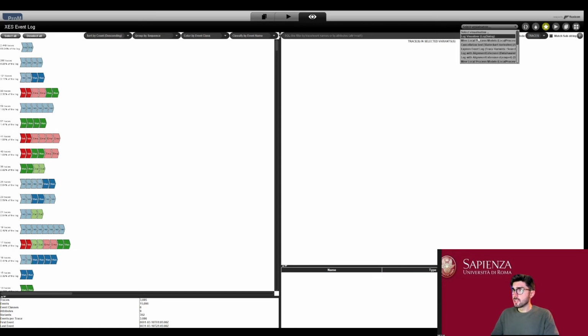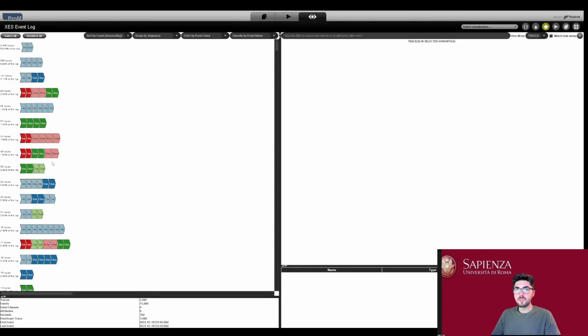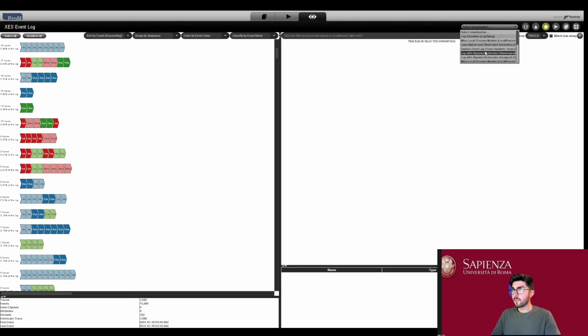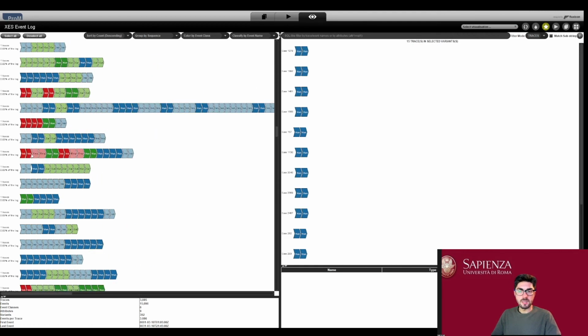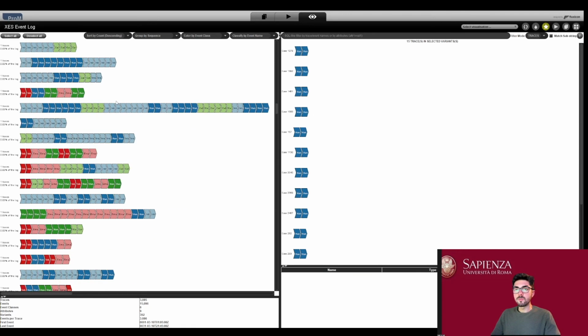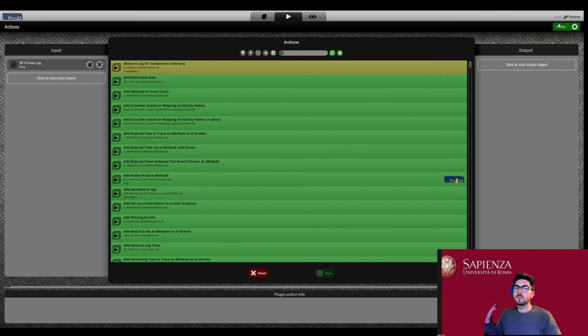So we can change the visualizations. Right here we can already see some statistics, so number of cases, number of events, and so on. We can look at different kinds of visualizations. This one is, for example, the explore event log, which shows traces in a bit more detail. And what is of interest is that now, using this play button here, we can use this produced resources to do new operations.